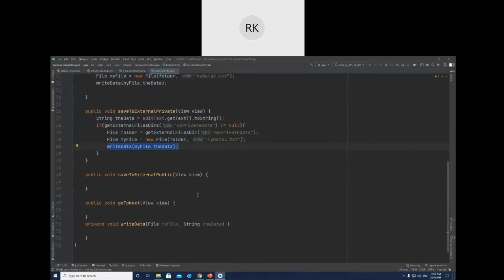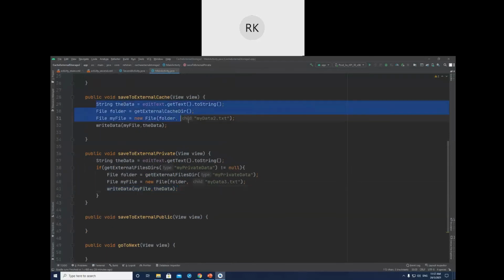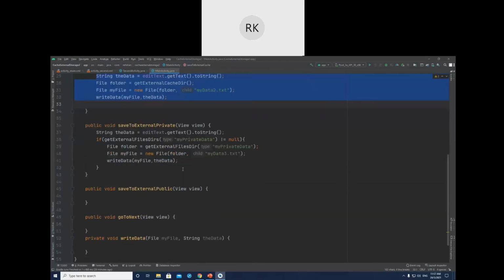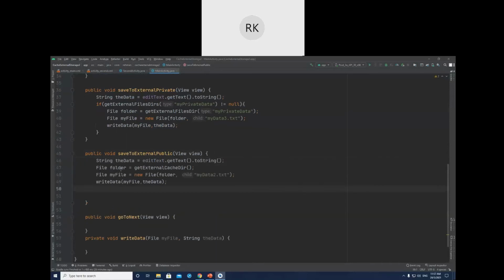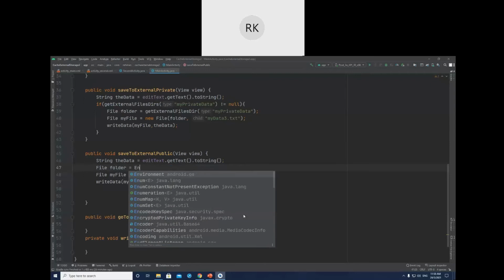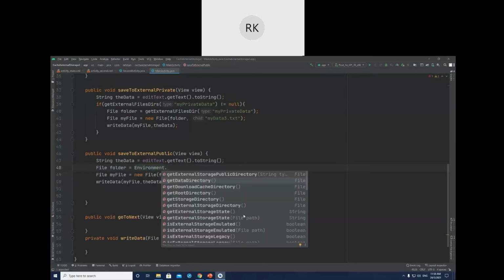The same thing will happen in the external one also, but the external directory name is only different. So the directory name is external public directory. It is in Environment.getExternalStoragePublicDirectory, this one.